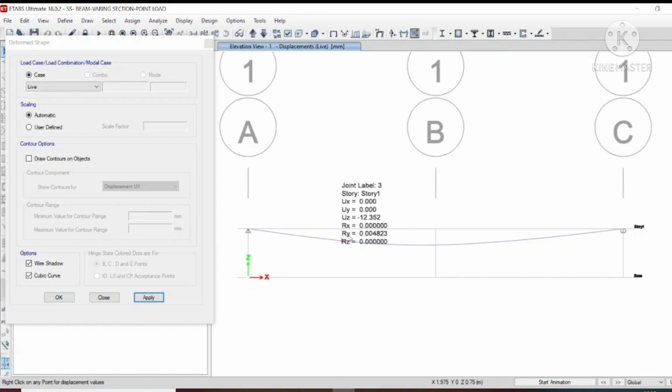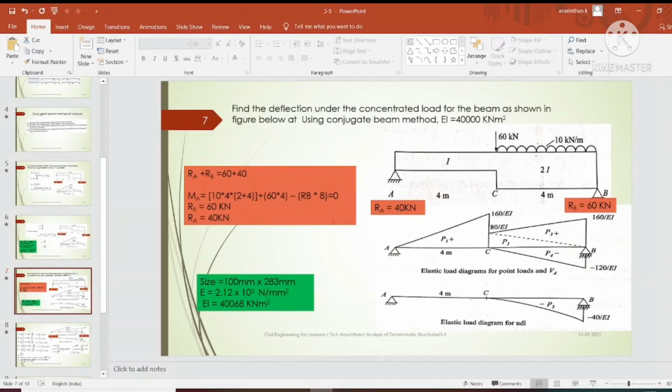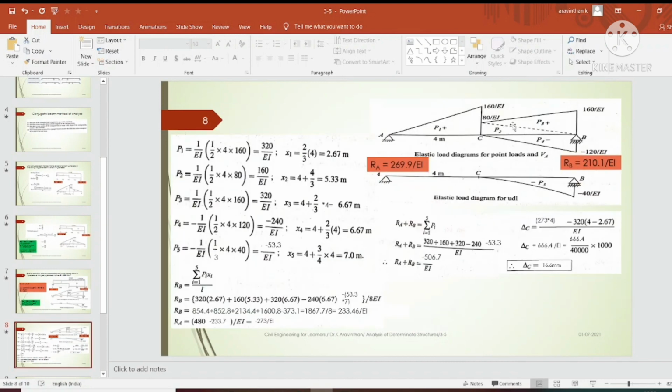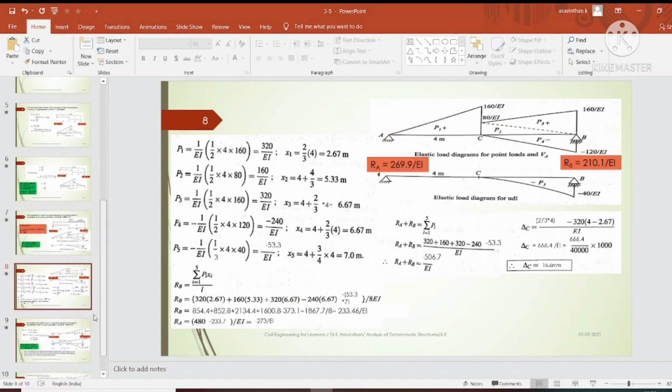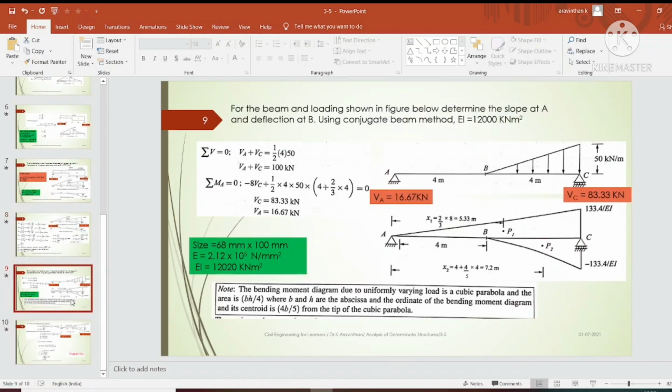So if it is 1 meter distance and it might be 6 meter distance from the point A, you can find the deflection, and this is 10.77 and this is 12.35. Yes. So if you want to find the deflection for the rest of the area, you have to find the centroid with respect to that area in the theoretical analysis. You need to have another process in order to find the solution. So this is a simple way in order to find that.